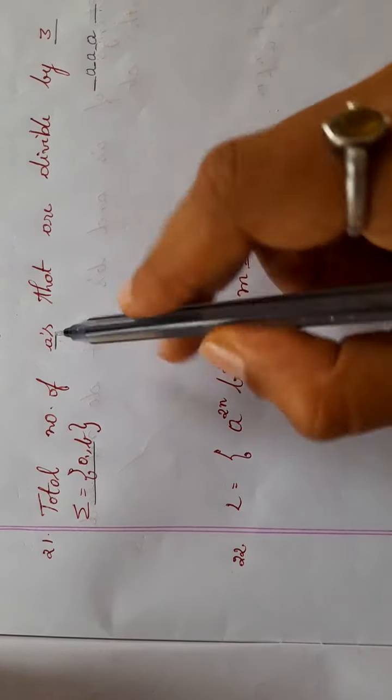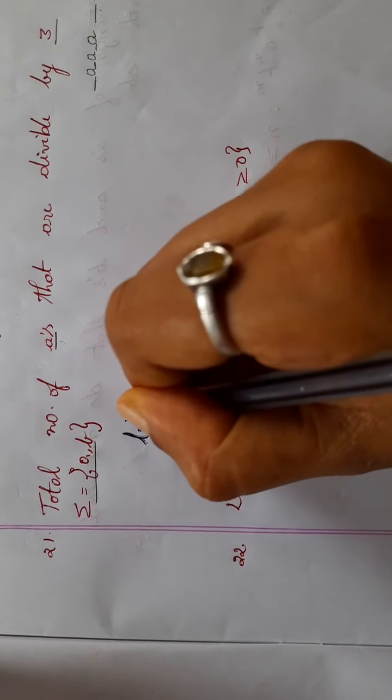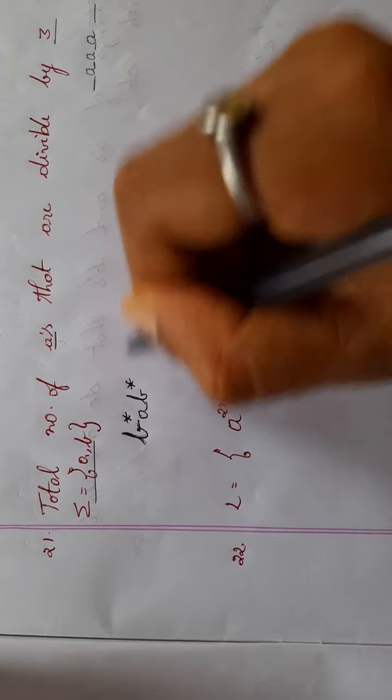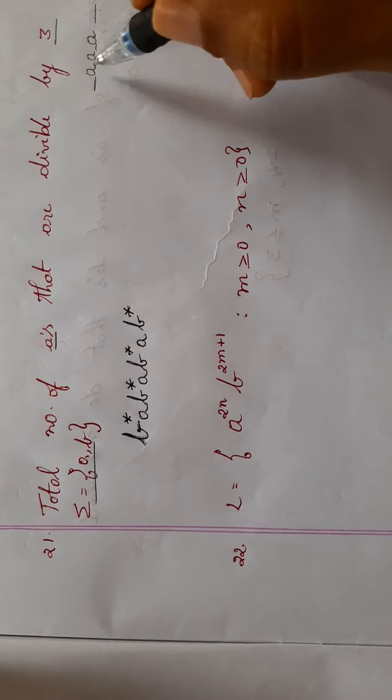So we shall write a regular expression with respect to this. That is my regular expression. In the beginning I can have anything, and the number of A's should be divisible by 3. So in the beginning I can have any number of B's, and then I have an A, and then in between once again any number of B's, one more A, and then any number of B's, and then one more A, and at the end once again I can have any number of B's. So I have written this for 3 A's.